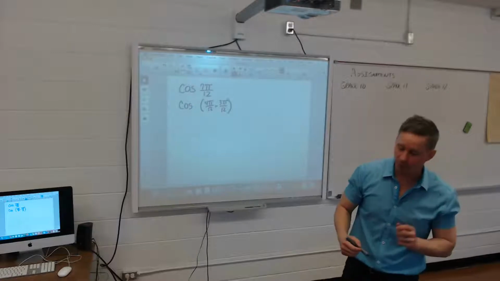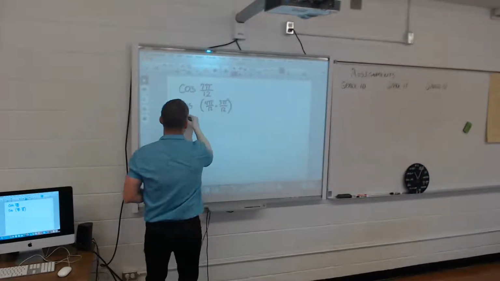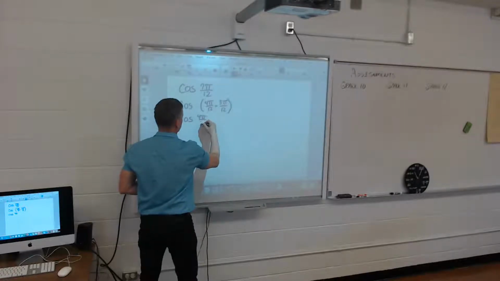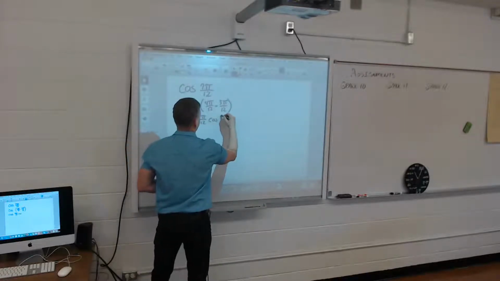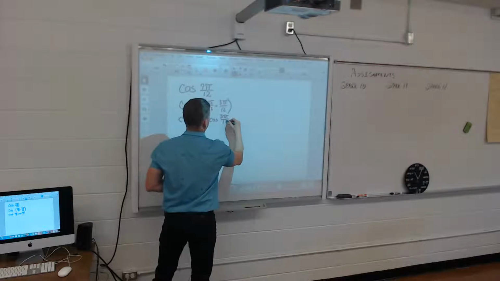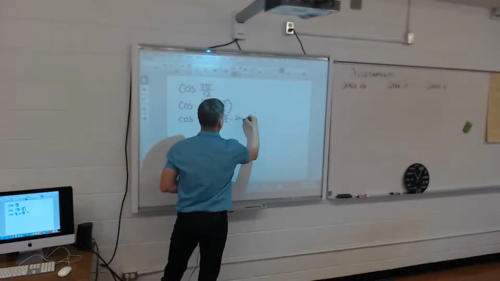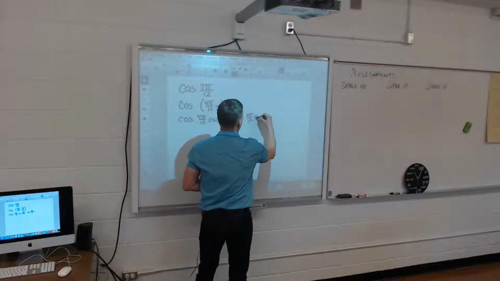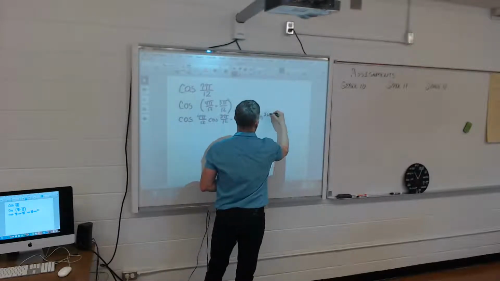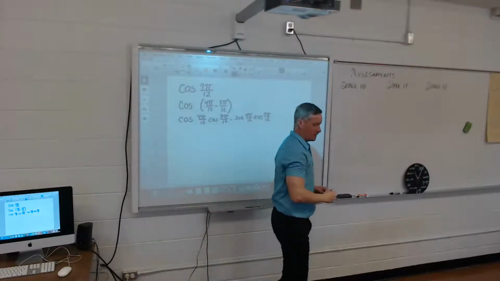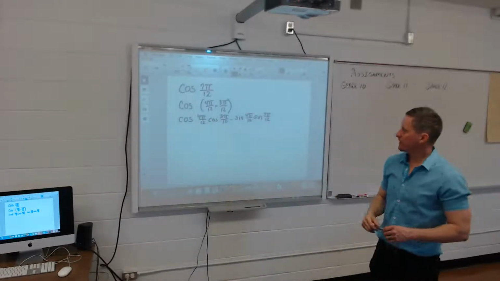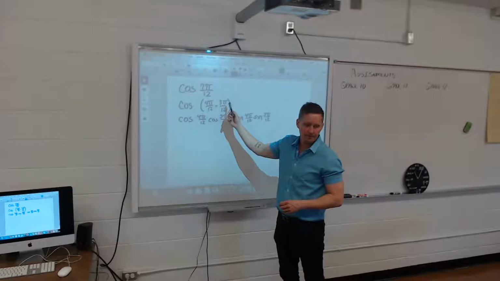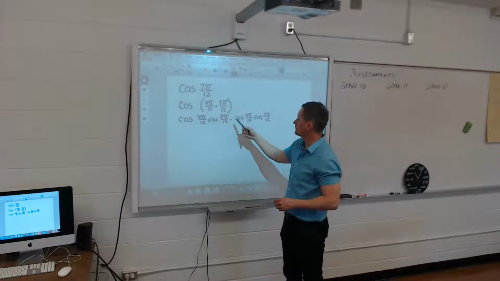So the identity for it is cos 4 pi over 12, cos 3 pi over 12, subtract sine 4 pi over 12, sine 3 pi over 12. Okay, so the identity says that if I go cos alpha plus beta, it becomes cos alpha, cos beta, subtract